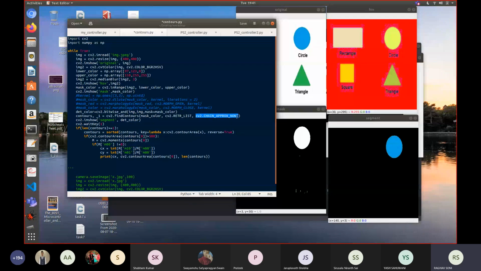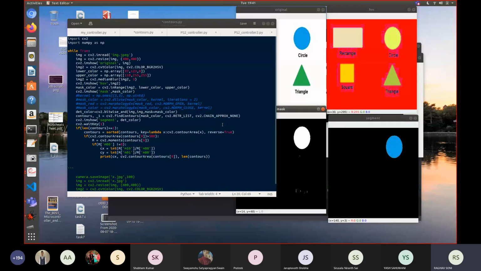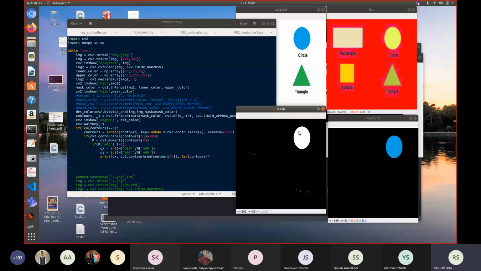This is also a flag, and I won't go into detail. You just have to use these. I'm just briefing you: this is the form in which you want the contours, and this is what approximation you want to apply. There will be a lot of pixels here. It's a 400 by 400 image, and if I crop it, it will be around 15 to 50. So getting all the information about every pixel would be a waste of memory. So I apply this CHAIN_APPROX, to get only the major pixels that are there. OpenCV will work it out on its own and you don't have to worry about it.